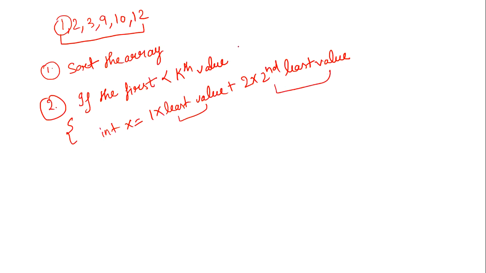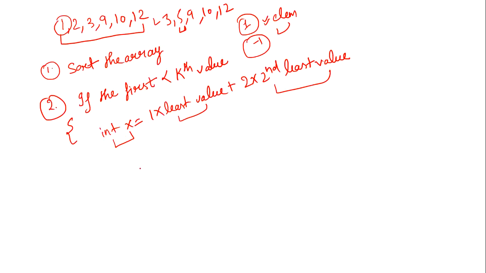Maybe a case that your array is having one element only. So in this case, if this one element is even less than k, we cannot do anything, just simply return -1. This is what we will do. Now after coming here, we have to insert this particular element, that is x, at its proper location. Did you remember that after doing this particular operation for 1 2 3 9 12, we got 5, something like this, 3 5 9 10 12? So you can see here this 5 is inserted at its proper location.